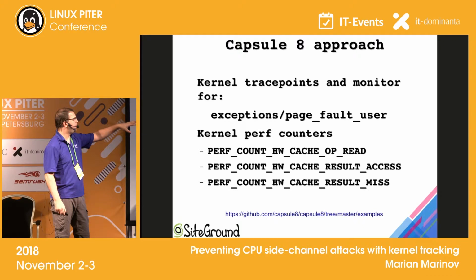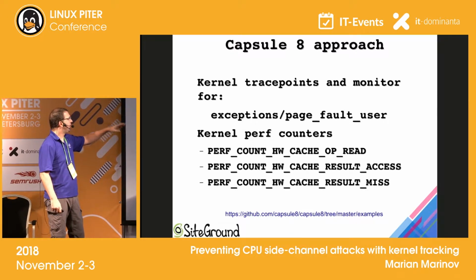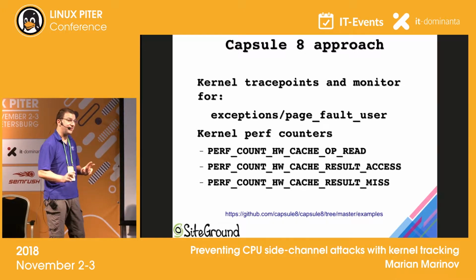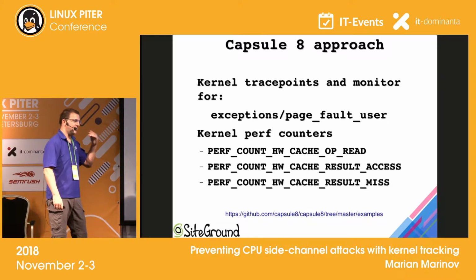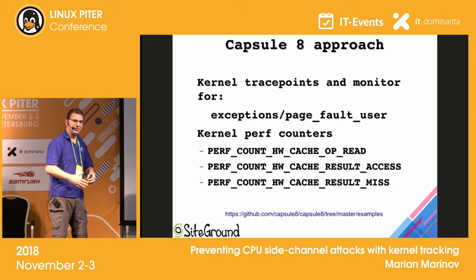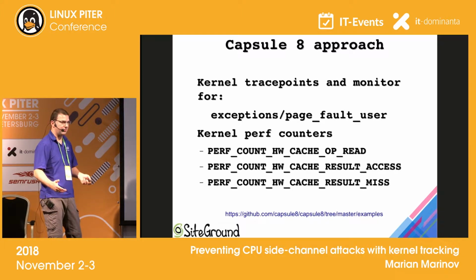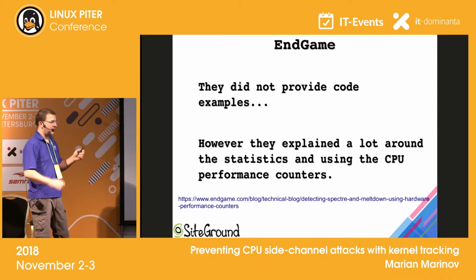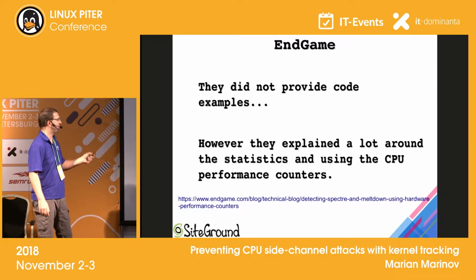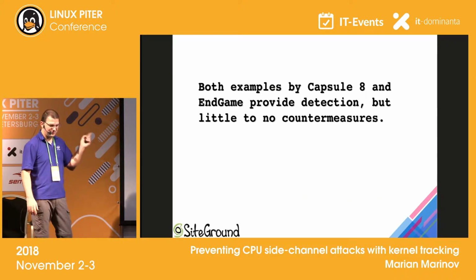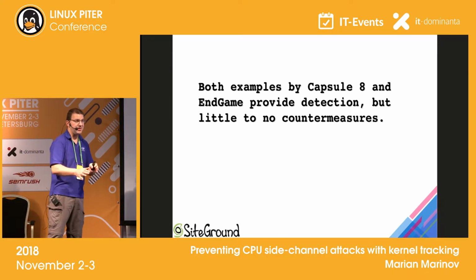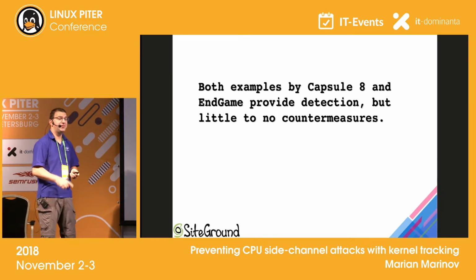They used the page fault counter of perf to detect that there is a problem with something on your machine. There's something fishy here. Someone is trying to start processes that are constantly segfaulting, which is not the normal way programs work, right? Endgame expanded this with transactional instructions. Since I don't have enough time, I'll skip the transactional instructions. Both of these solutions are detection only. They don't prevent the attack, while KPTI prevents the attack, but it costs you for each syscall.